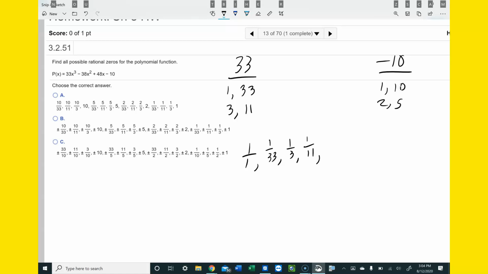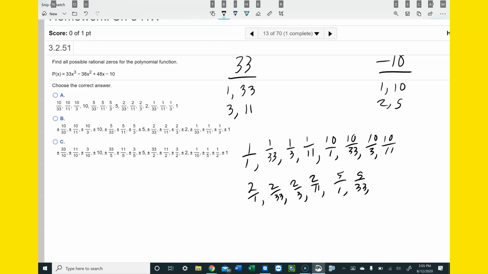Then I'm going to do the 10 over each of these 4. 10 over 1, 10 over 33, 10 over 3, 10 over 11. Then I'm going to do the 2 the same way. Let's write it down here. 2 over 1, 2 over 33, 2 over 3, 2 over 11, 5 over 1, 5 over 33, 5 over